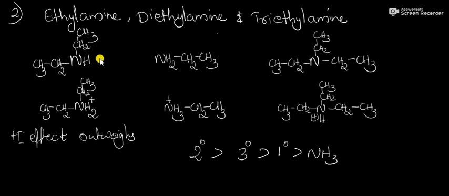Then what is the case of diethylamine? In the case of diethylamine, there are 2 electron donating substituents. 2 plus I effect substituents are present. So electron density on the nitrogen atom will be greater than ethylamine. And this will favor the basicity of